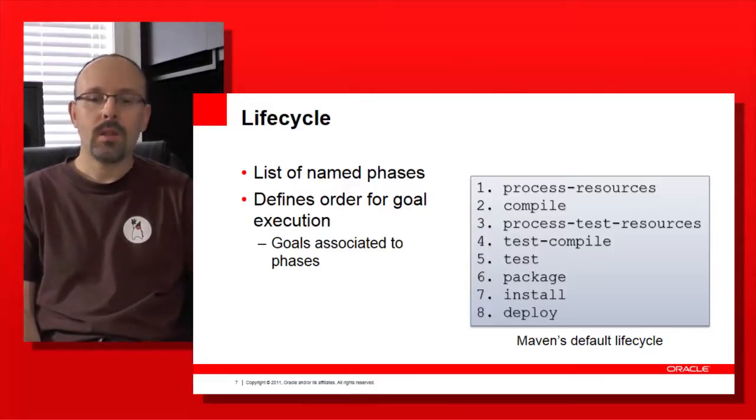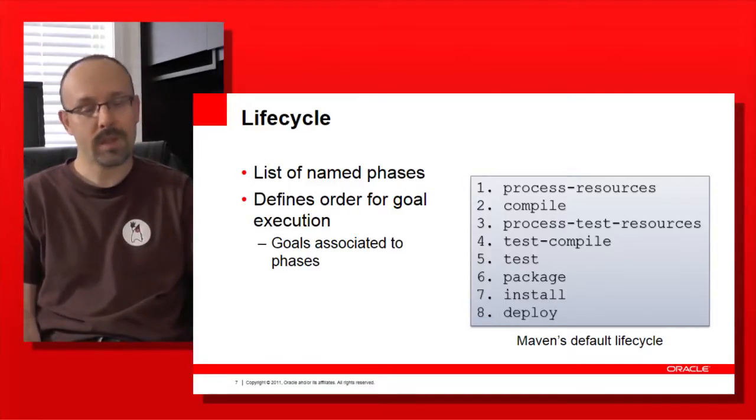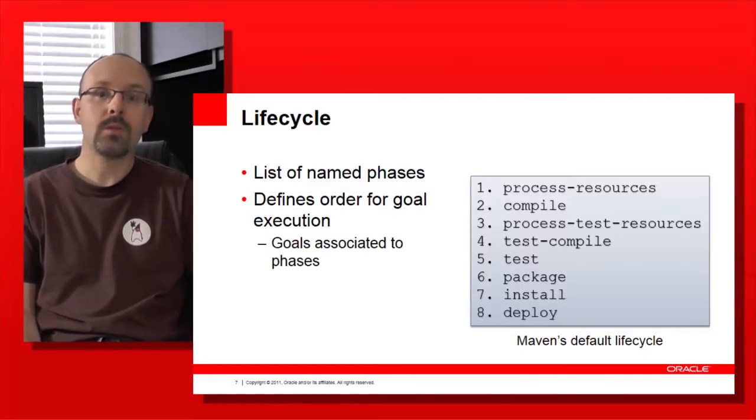So on the right of the slide, I've got the names for the phases of the standard lifecycle in Maven. And as you can see, it's straightforward. First you process resources, then you compile, and then you take care of the unit tests. So you get resources for the test, you compile the code for the test, and you run them. After that, you've got the package step, which will create the jar or war or EAR file, depending what exactly